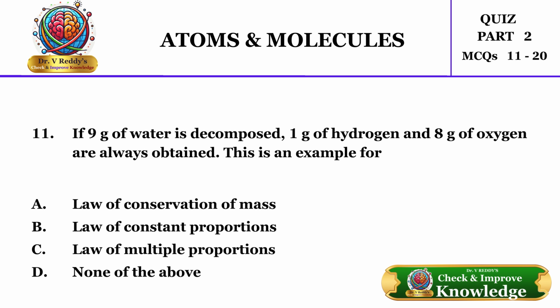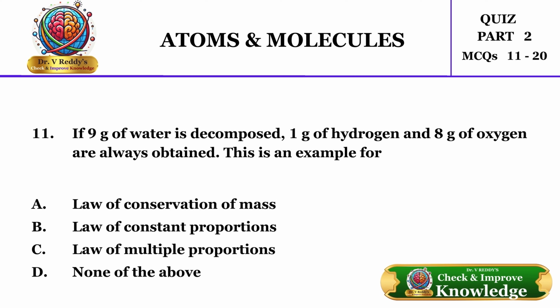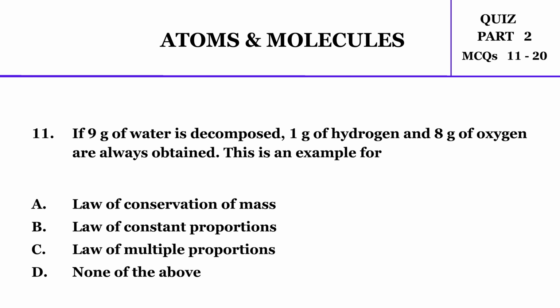11. If 9 grams of water is decomposed, 1 gram of hydrogen and 8 grams of oxygen are always obtained. This is an example for